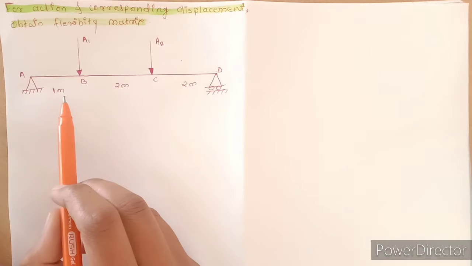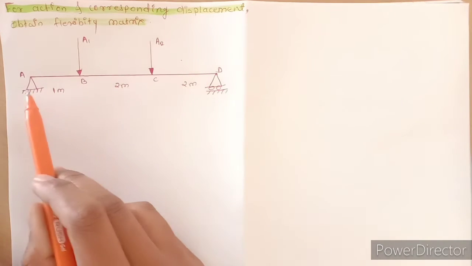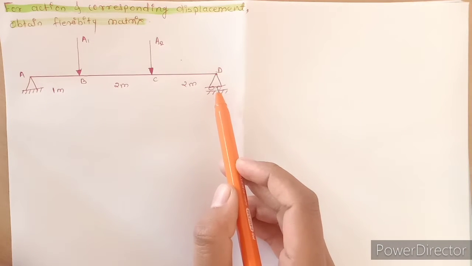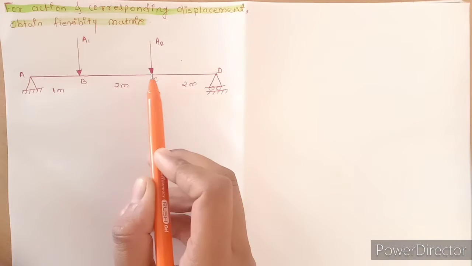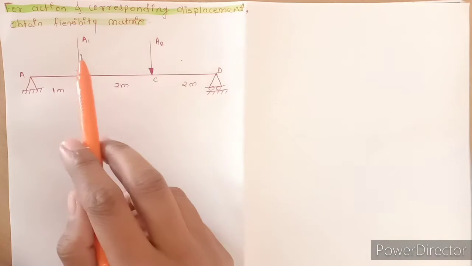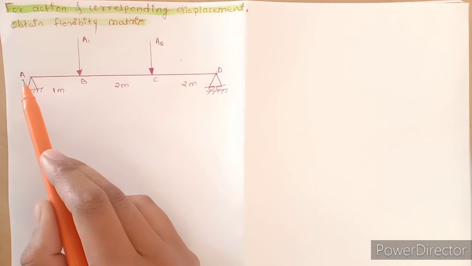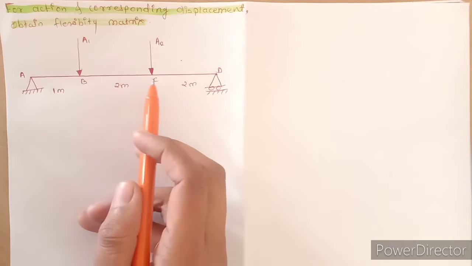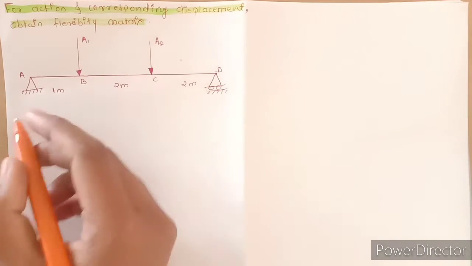Our figure statement is a continuous beam ABCD. Support A is a hinge support and support D is a roller support. Over points B and C, a kilonewton point load acts at A1 and A2. The span of AB is 1 meter, the BC span is 2 meters, and the CD span is 2 meters. Then the solution is